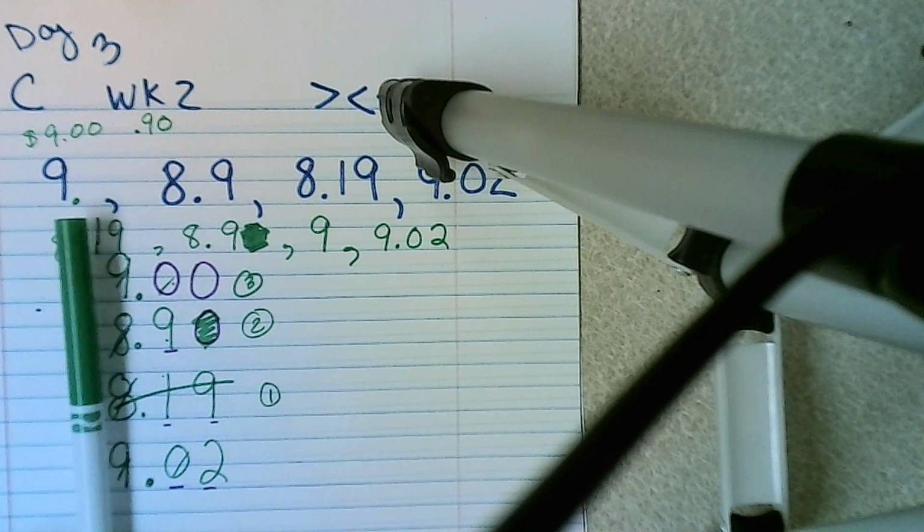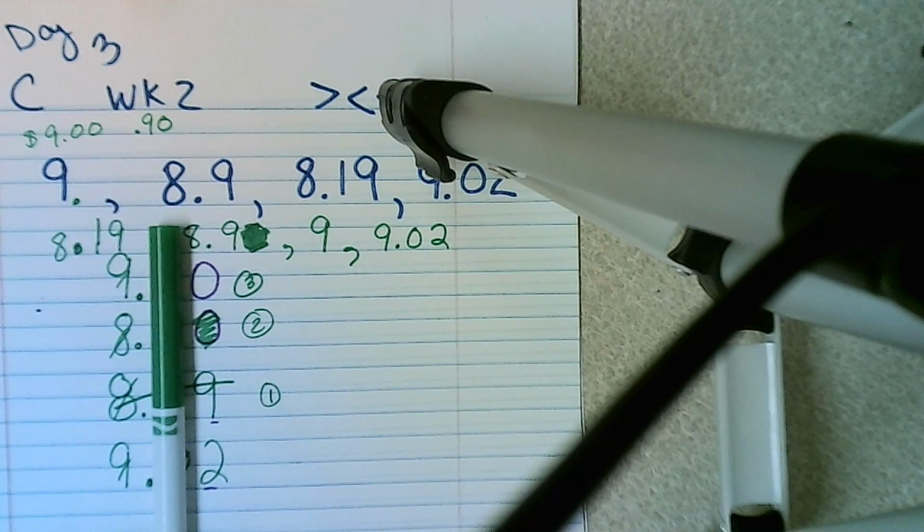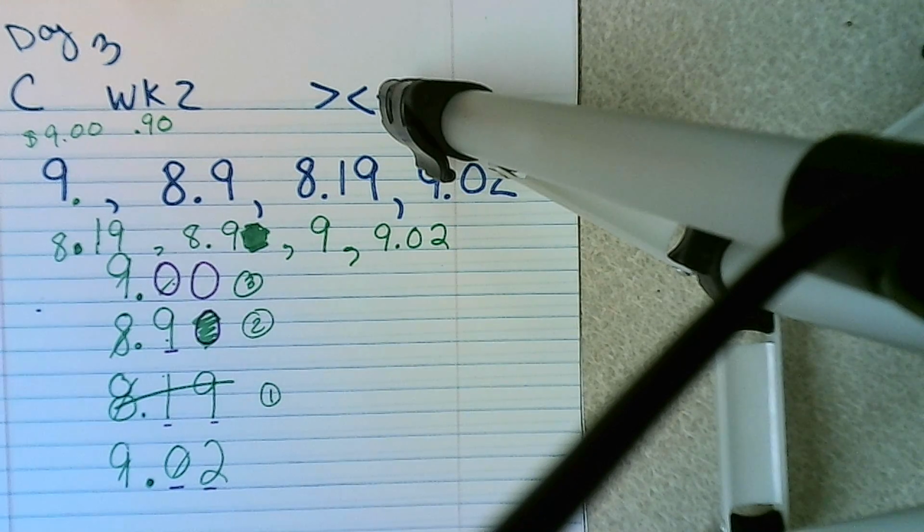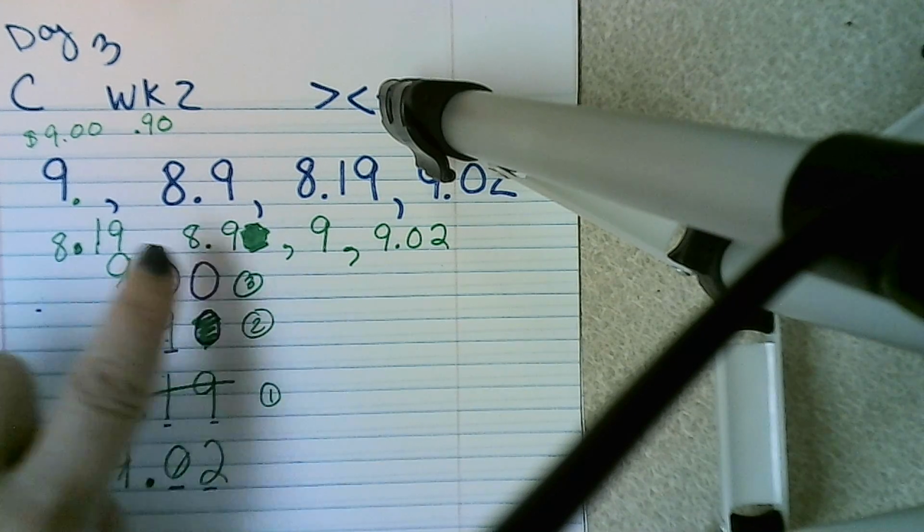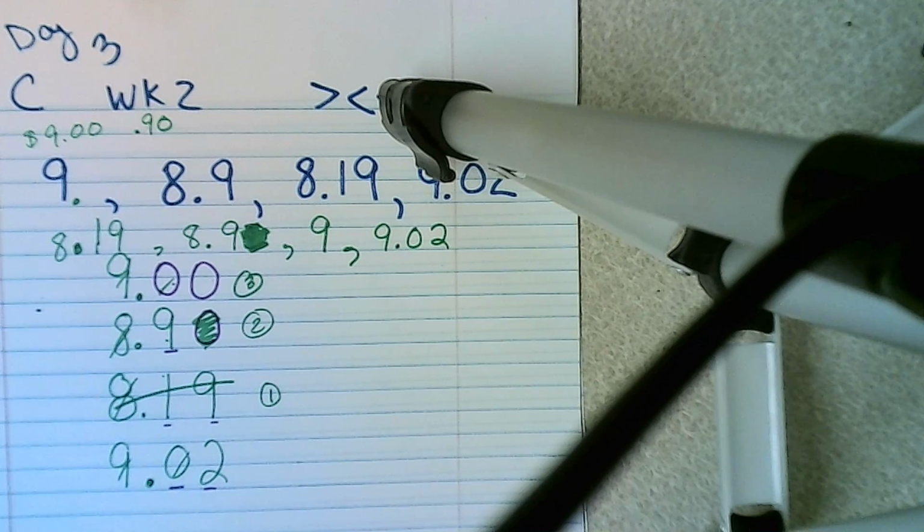You have to compare the same place value to the same place value in order to actually determine greatest to least or least to greatest. So this is least to greatest. Greatest to least would be exactly opposite. So that's the first thing I wanted to review. The second thing I wanted to review